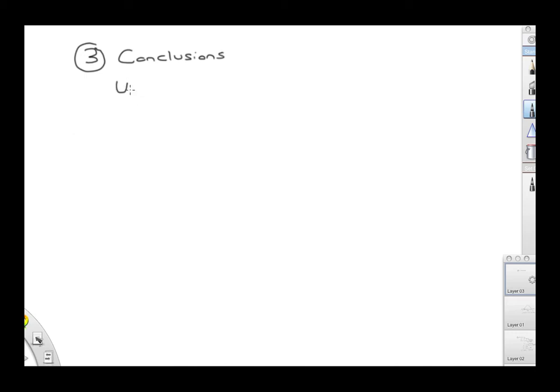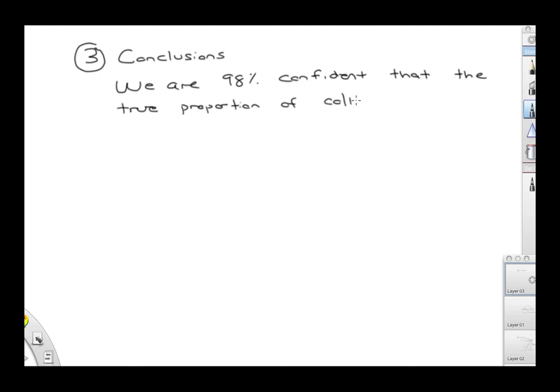That means we are 98% confident that the true proportion of college freshmen who return to school the next year